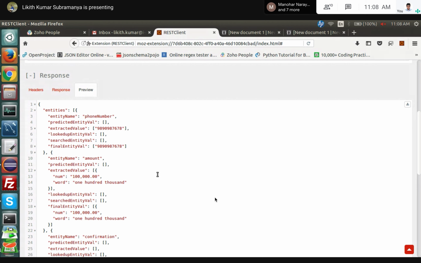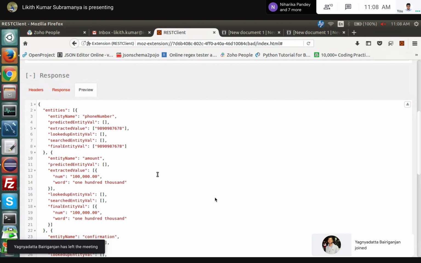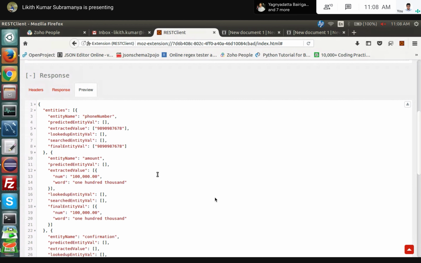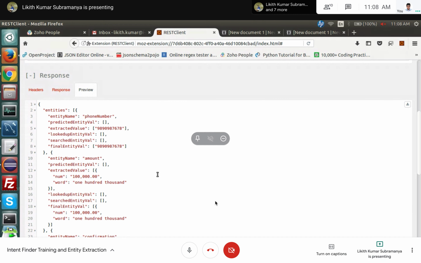Mostly we can solve a lot of things using dictionary lookup as well, because there won't be many vendors, so you can extract using that. That's how you need to solve the problem whatever you get, and that's how you need to add one more intent or use case to the chatbots. That's how you need to start the journey and understand it.